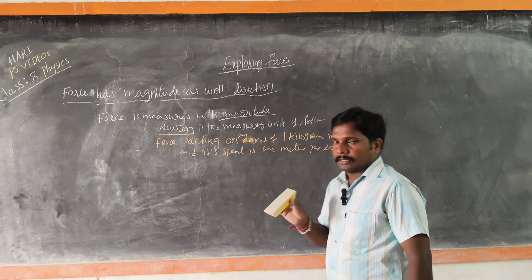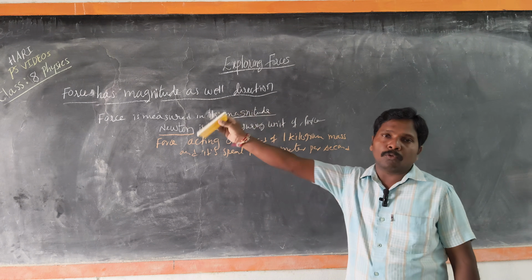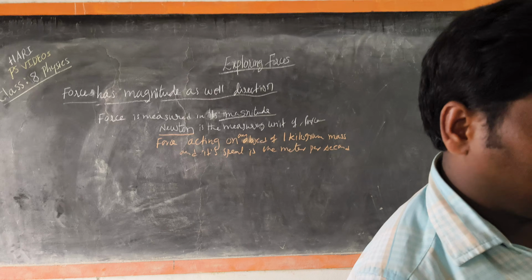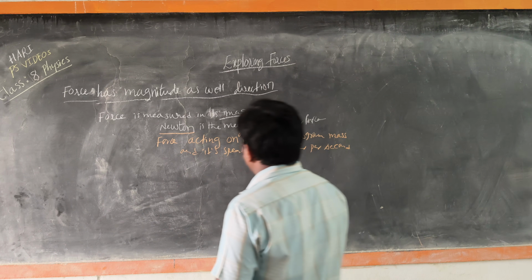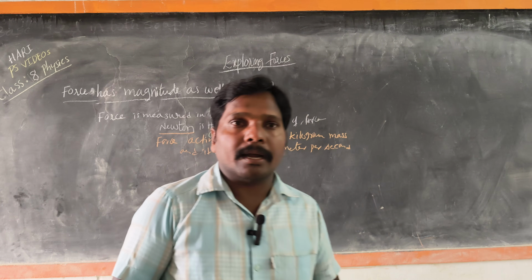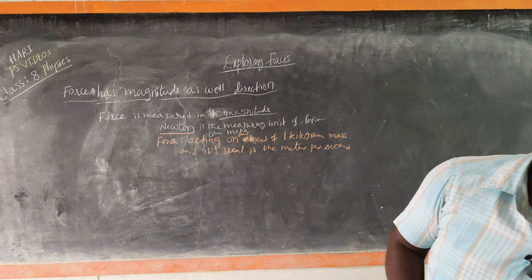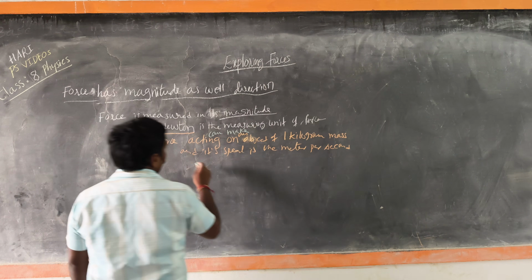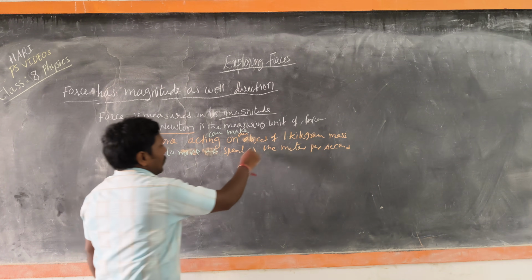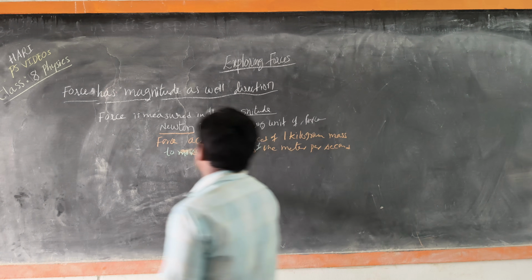Simply, this is an object. When force is applied, it moves with some speed, and that speed we can consider as 1 meter per second. 1 Newton is the force which can make an object of 1 kilogram mass move at the speed of 1 meter per second. So we can write simply